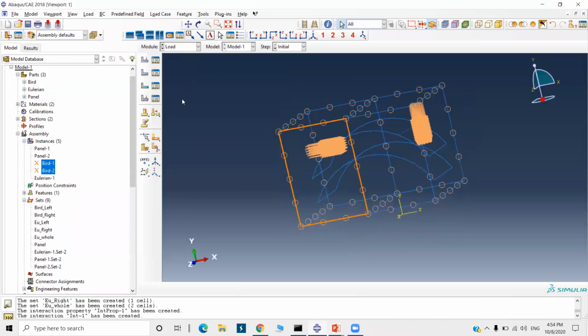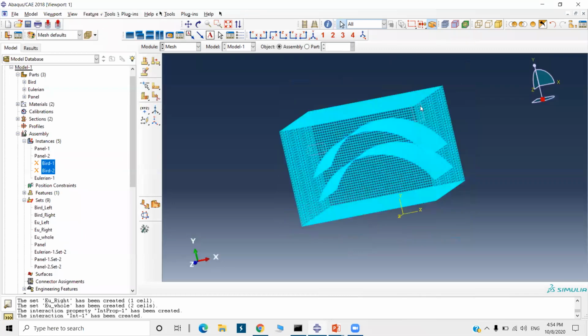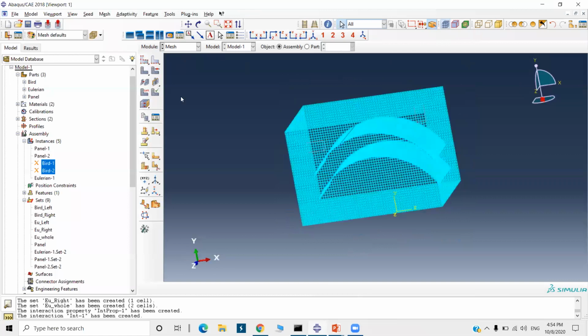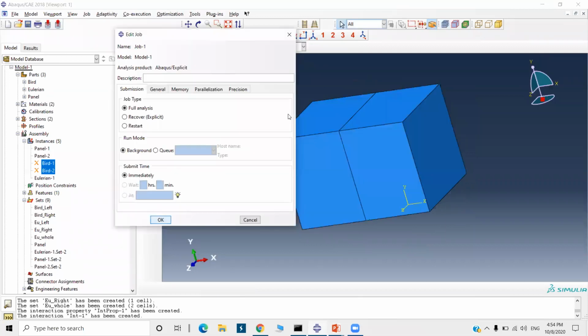Next is mesh. Okay, meshing is already done now. And job 1. Okay, job is created, and I will just save it.